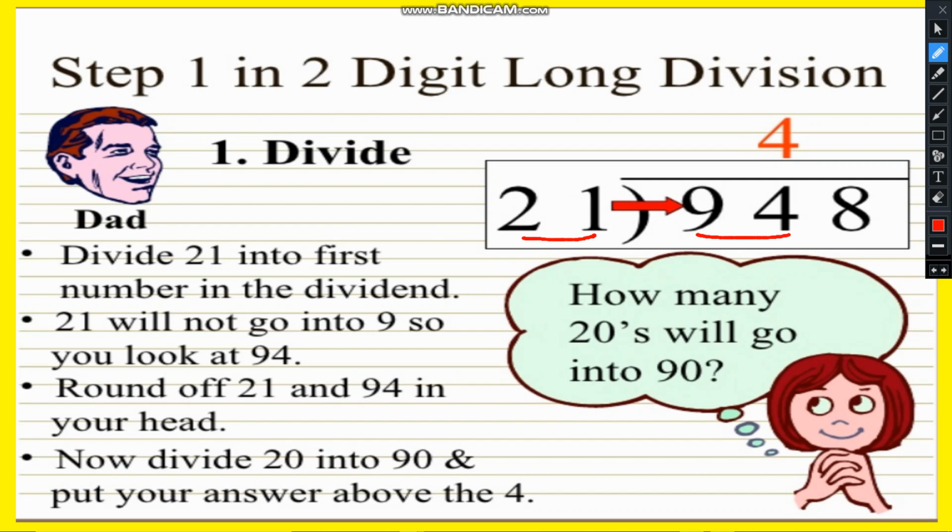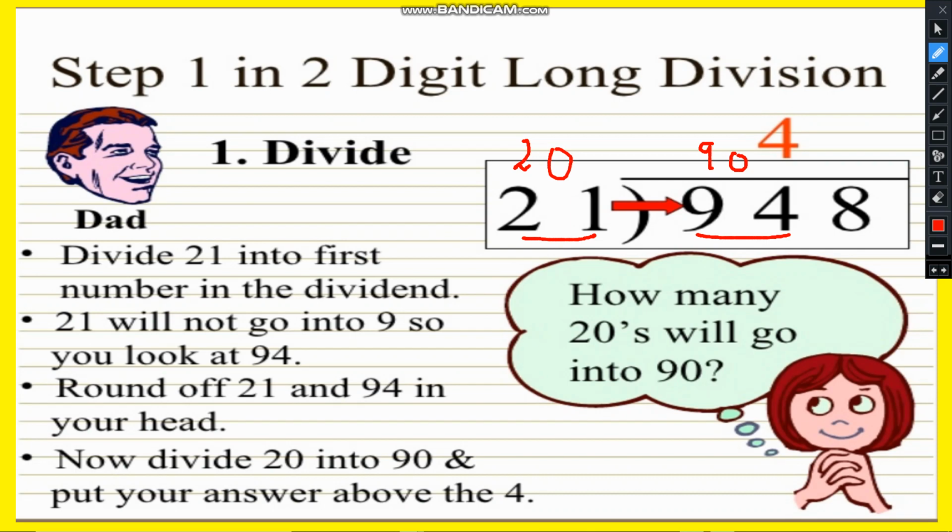And if you want to make this easier, you change it to whole numbers. So this is 20 and this becomes 90. Okay, and then we can easily multiply now, since 0 is here. Like 4 times it becomes 80. If you multiply 9 times, it will become 90. So if we estimate, then we can say that 21 four times will definitely fit into this.